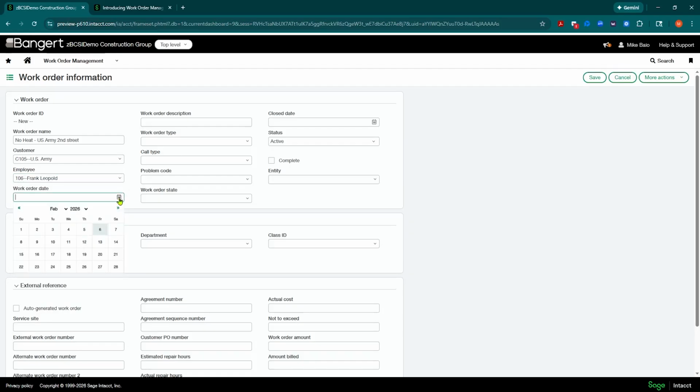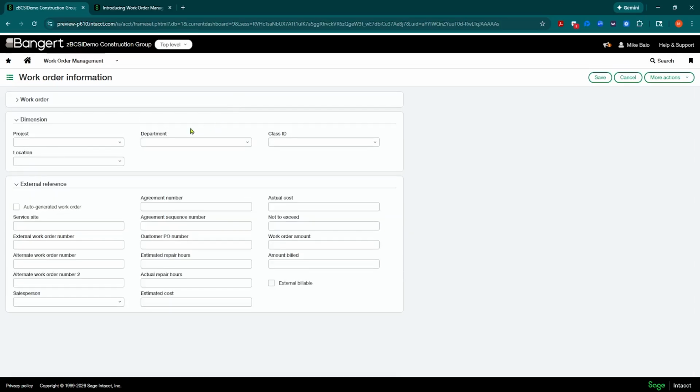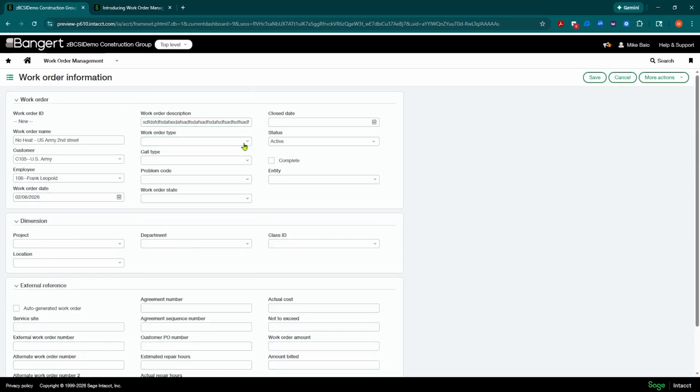And then you have a work order date. You can fill in today's date, whatever the date is. You have a more extended description, so maybe what's the problem, a more detailed problem of the work order. And now there are those type fields that are set up. And with smart rules and things like that, you can make these give you warnings or errors if they don't get filled out. But let's say it's a service call and it's related to no heat, so it's probably HVAC, but you can see here, you can add these on the fly. So I'll just say HVAC.